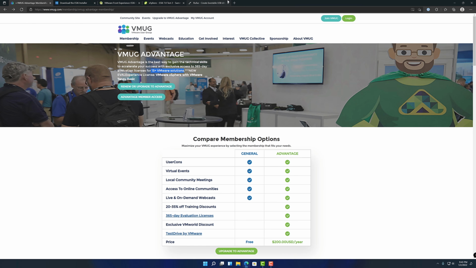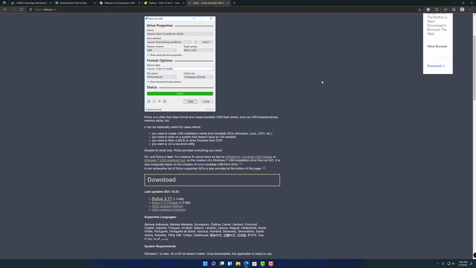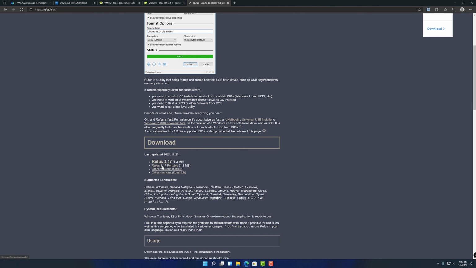All right, so the next step here is we're going to create a bootable flash drive, a bootable installer for ESXi. So I have the ISO in my downloads folder for the installer for ESXi. I'm going to use this tool called Rufus. Some people don't like it. I like it a lot. I think it's really easy to use. It's pretty reliable, very lightweight utility. There's some competitors of theirs down here. These are all free tools, I'm pretty sure anyway, but I guess you can call them competitors. This one particularly, the UNetbootin one, I've heard of, and it will also work for the same purpose. So I'm going to go ahead and download the portable version,